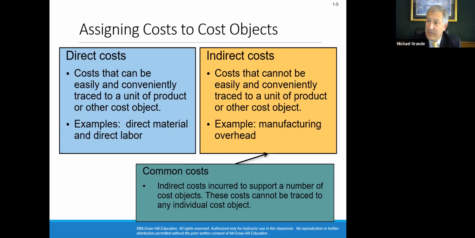And then the third component of manufacturing overhead are these other factory costs, such as property taxes on the factory, insurance on the factory, depreciation on factory equipment. Operative word here, operative phrase being factory. All the other costs, utilities on the factory. These are all examples of manufacturing overhead. Manufacturing overhead is going to be allocated to our product, and we're going to see in a couple different chapters how that is done.